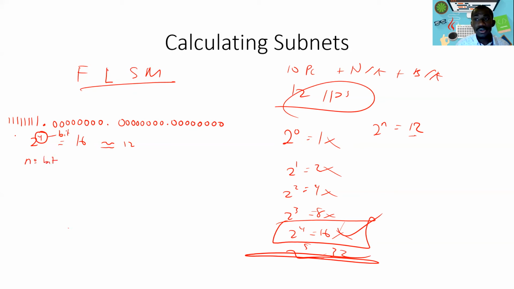Now, for your number of bits here, we have 4. When we change our subnet mask into binary, we realize we had 11110000. This side represents the network and this side represents the host. What we're saying is the number of bits here is just telling you how many bits we need for the host,